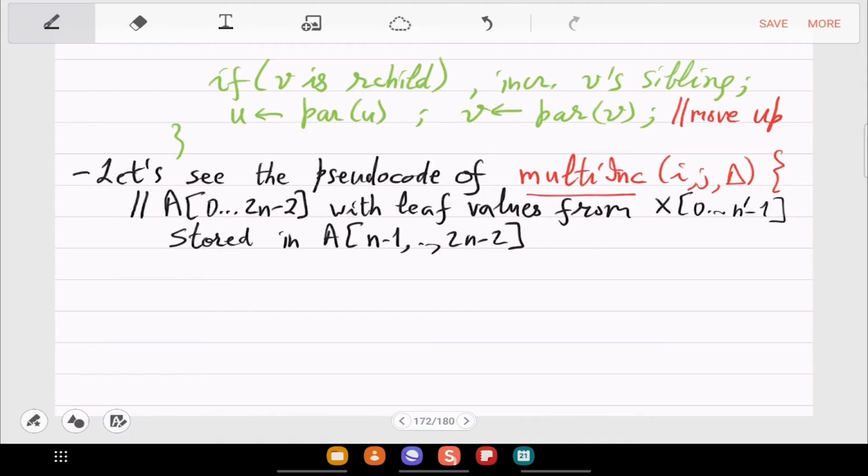Okay, that is the part where the leaf is stored, and 0 to n minus 2 is the part where the rest of the top part of the tree, internal nodes, are stored. So n prime will in general be less than or equal to n. So in the left part of this array, you store the values of x. Remaining part is inaccessible. You don't need to access it.